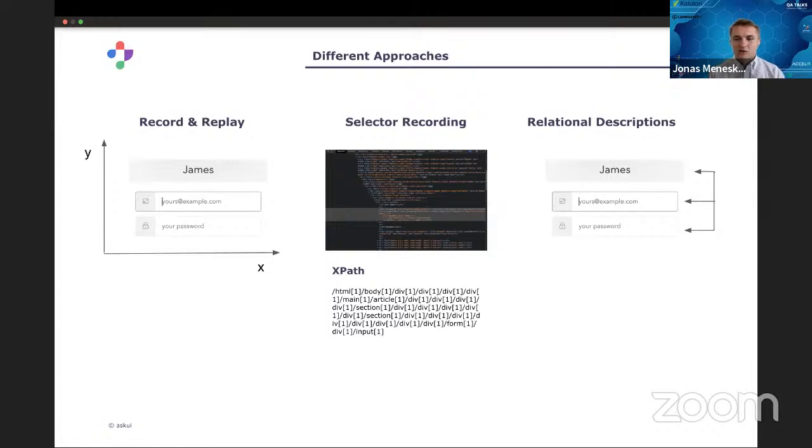Then right now we're more at the stage of selector recording and relational descriptions and so on. Selector recording can also be written through BDD or something. But often the question is, how do we actually find the elements in the UI? And one thing that is more robust, and I will talk about it later, is having smart selectors in place,